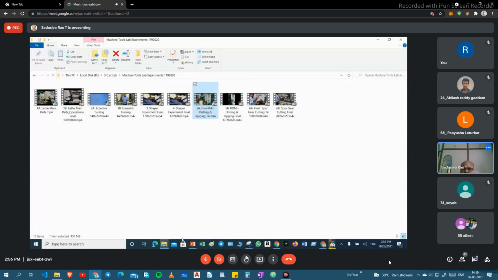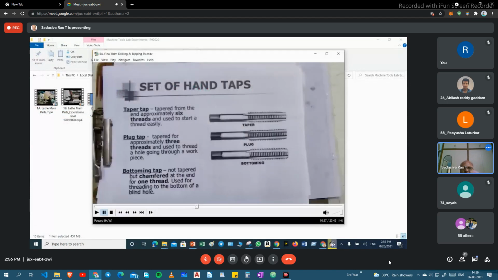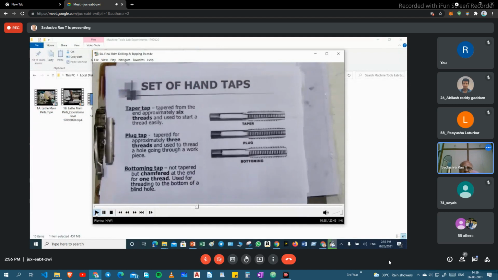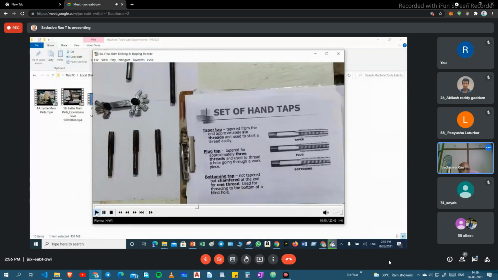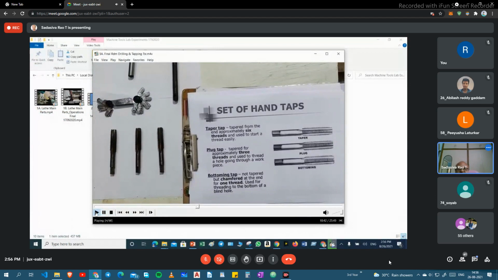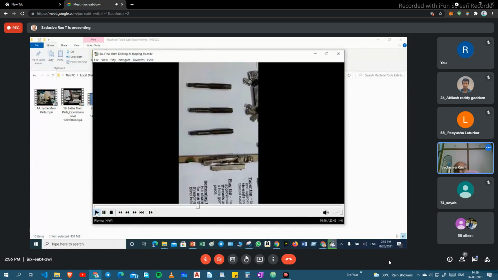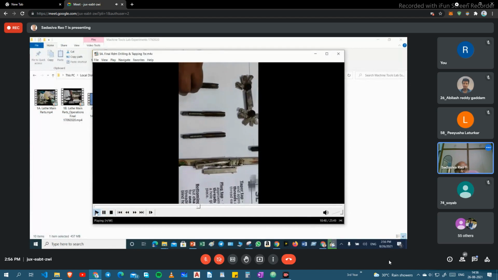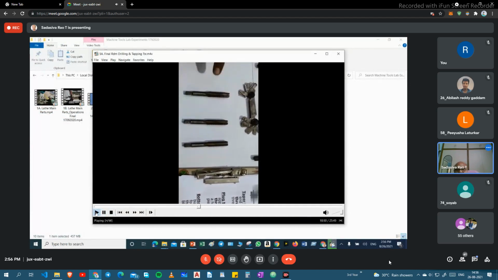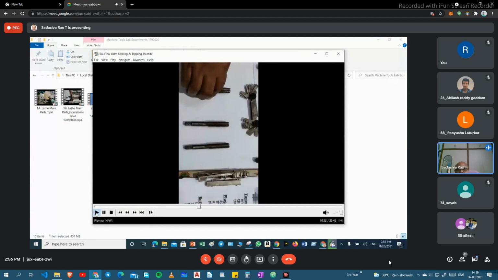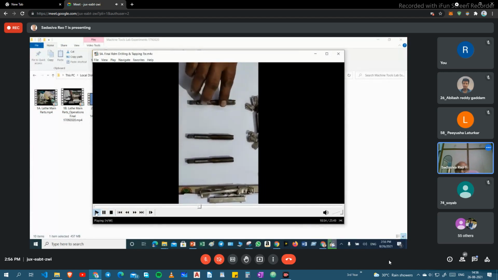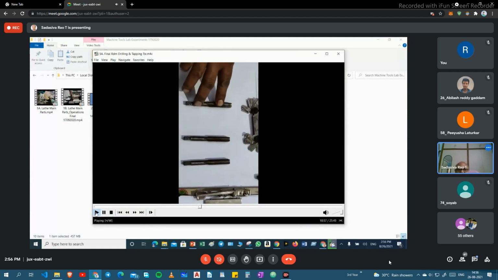Today I am explaining about tapping. Here 3 taps are there. This one is the first tap, or taper tap, or pilot tap.